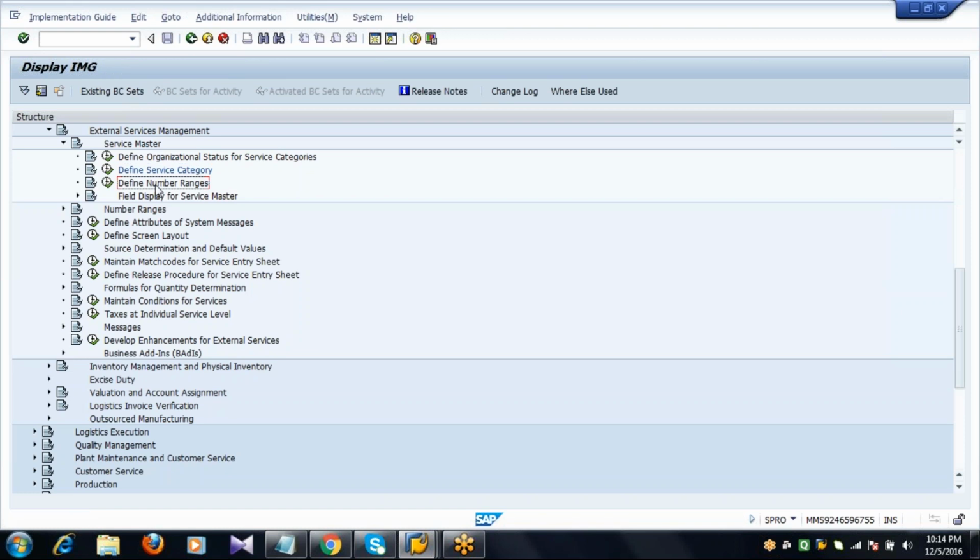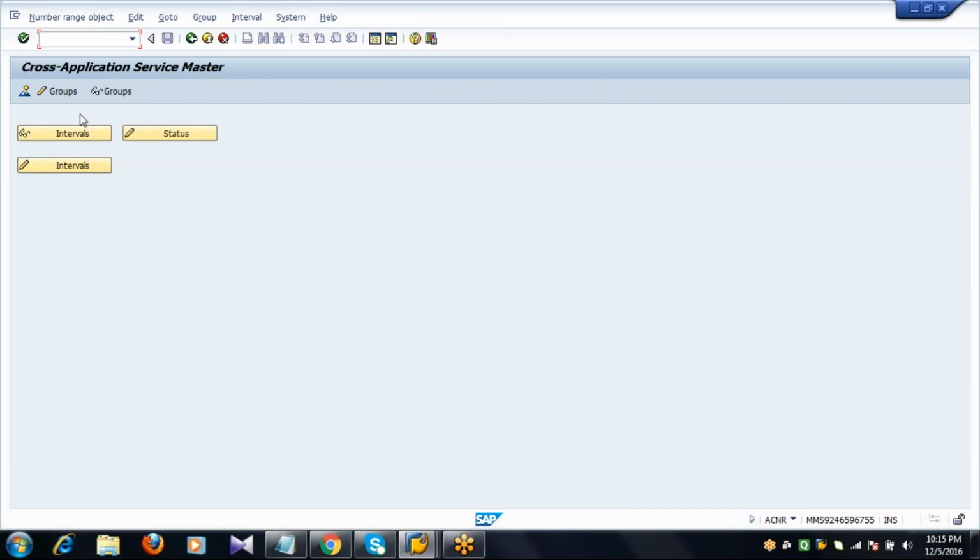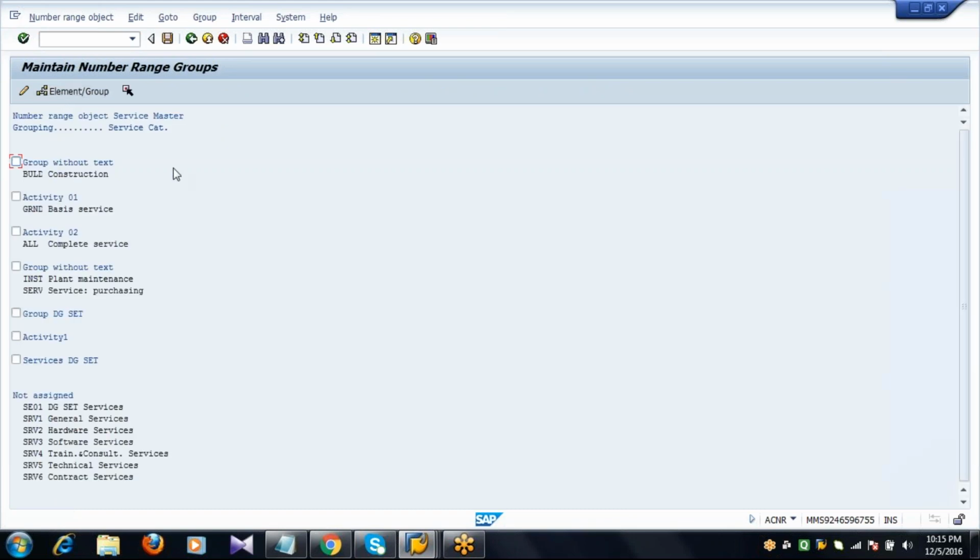Next, define number ranges. In this step, we define the number ranges for the service master record under the service category. Click on groups. In the menu bar, group insert.